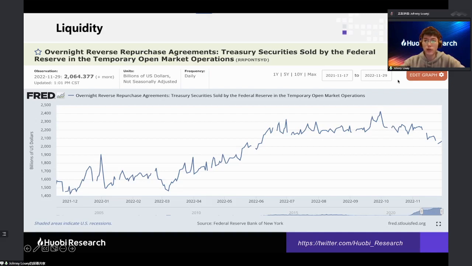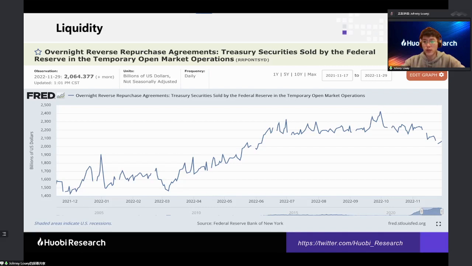If it increases, it means money is being absorbed into this instrument, and we can deem it an extraction from the market. When it decreases, we expect money to be circulated back into the economy, and that's a bullish case. We are seeing a clear downtrend in the overnight reverse repo since October, and that's a little bit bullish for the market, since liquidity is not being drained from the market.